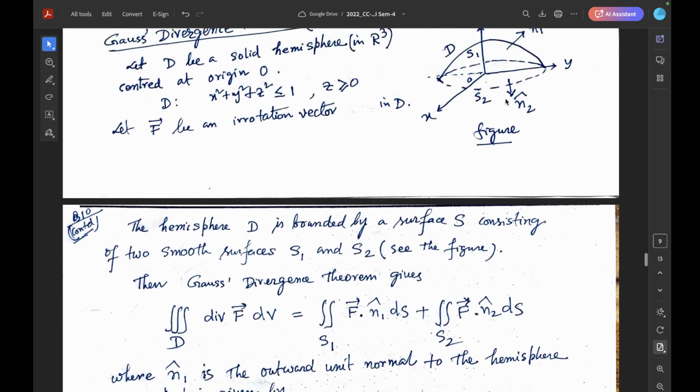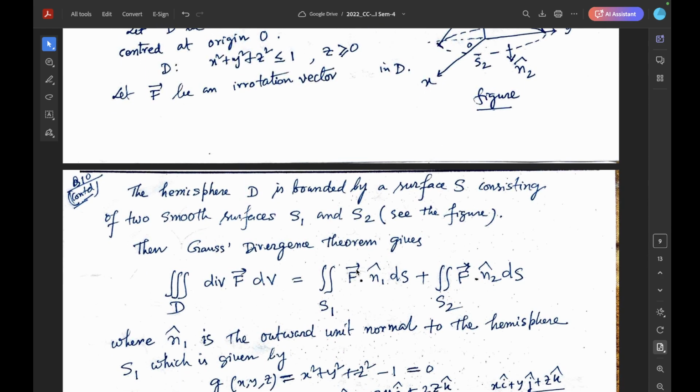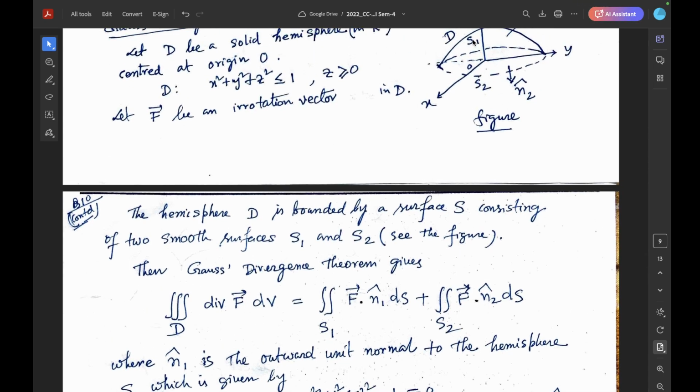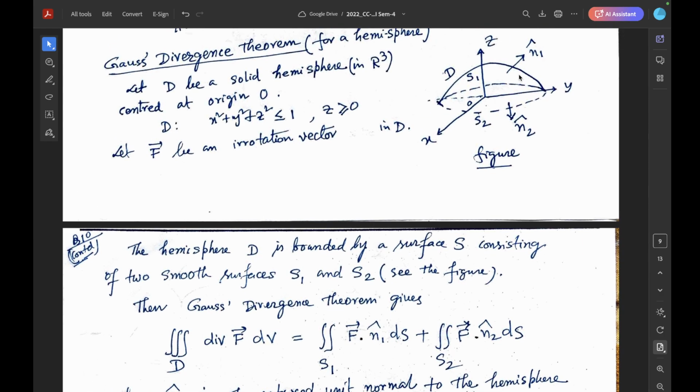And now the Gauss divergence theorem gives the triple integration over D, and D is the region in the hemisphere, of divergence f vector dV. This is equal to the surface integral over S1 of f vector dot n1 vector dS plus the surface integral over S2 of f vector dot n2 cap dS. This n1 cap is the unit vector,